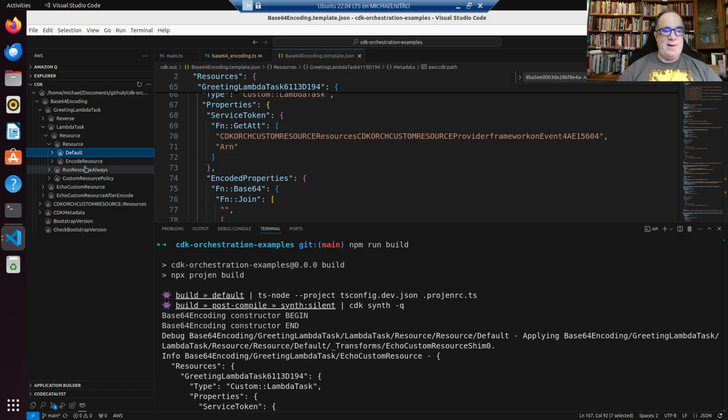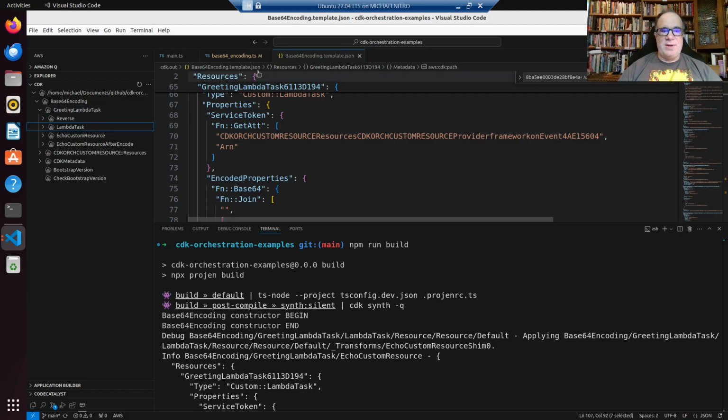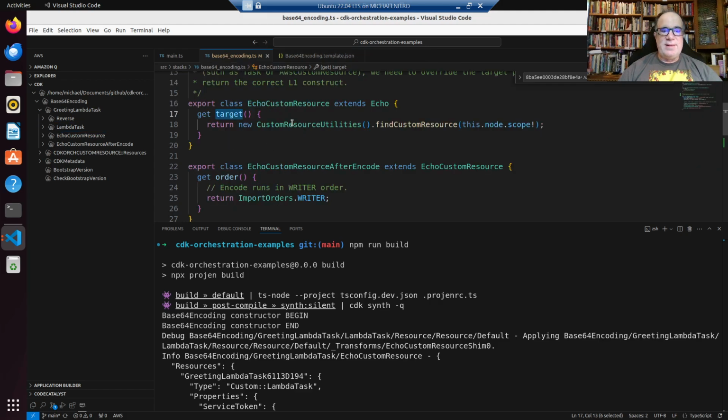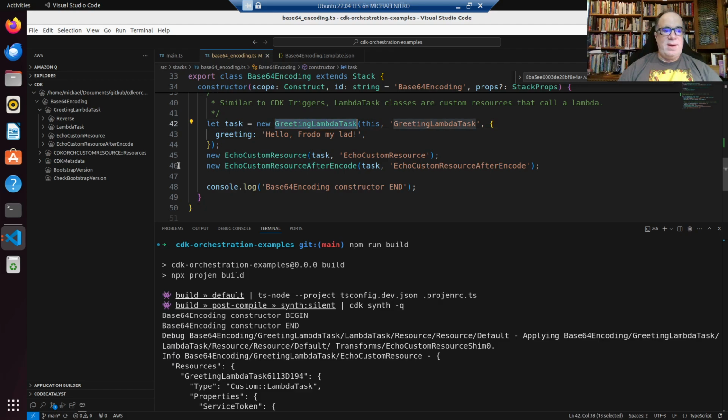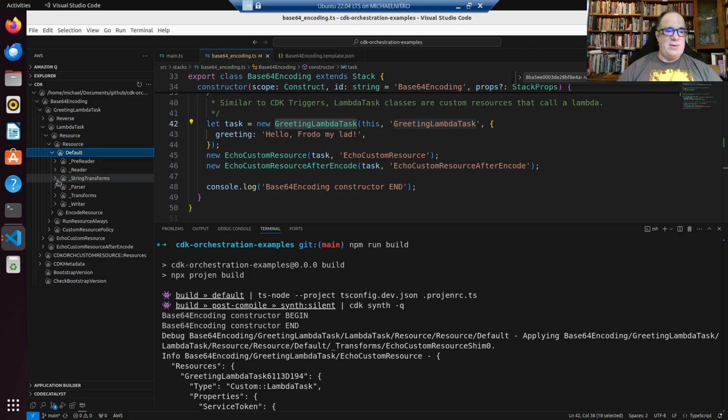and encode them all together. And then here you can see at the level of the greeting lambda task, which is the top level construct that I created, here I added an echo custom resource. And so that, while that is under the lambda task, it has to act a few levels down under this default. And so you can see